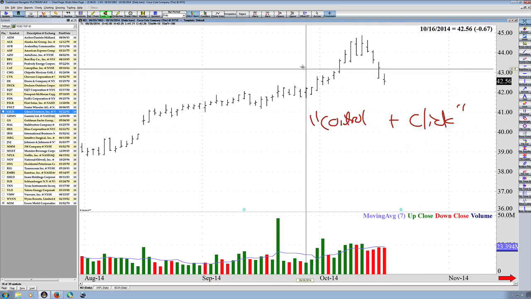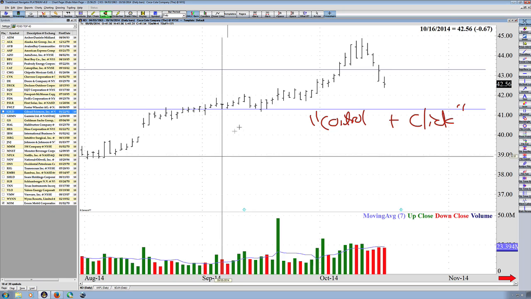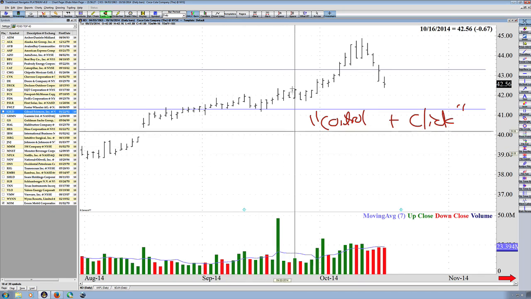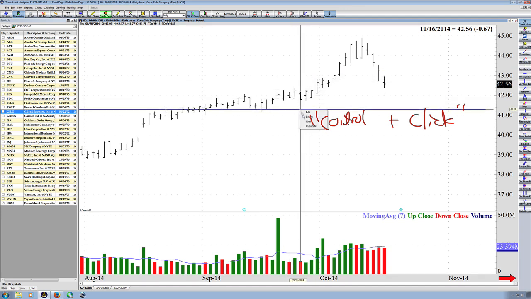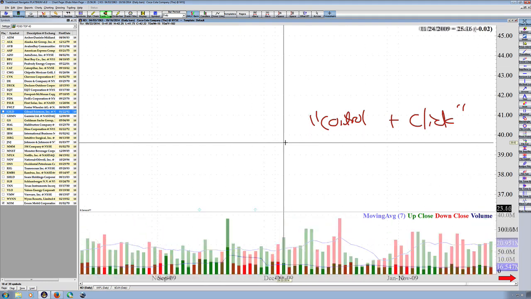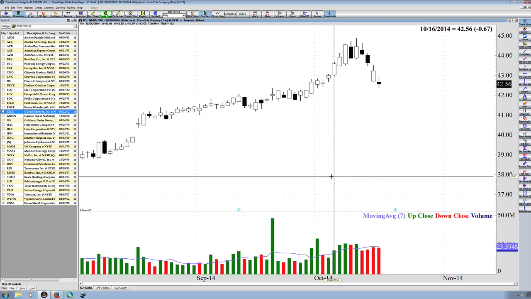All right, let's control click again, and there you see there's your horizontal line, and you can just go up and down. That's how I do this so quickly. I use a key command. The alternative is to mouse around, and mousing around gets very slow and cumbersome, so I like to use these key commands. So control plus click will get you your horizontal line. Plus and minus, zoom in and out. B, as in bar, will toggle between candlesticks, your line chart, and your bar chart.